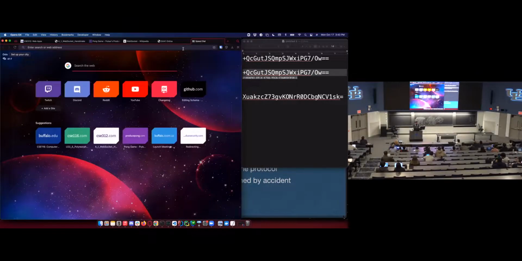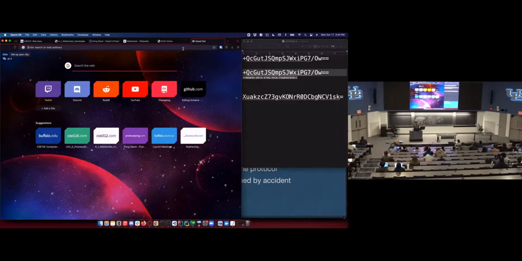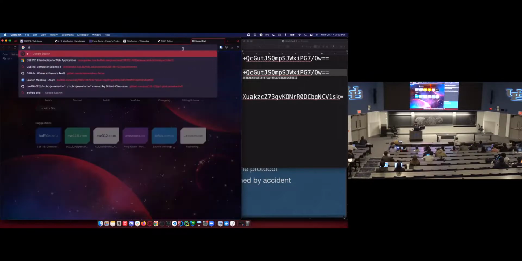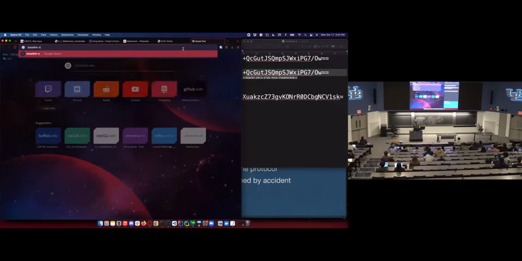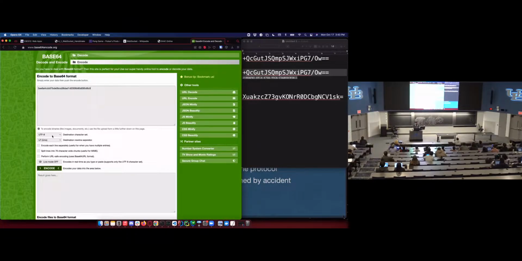Then I'm going to compute the MD5, not the MD5, Jesus, what am I doing? Base 64, thank you. Base 64 encoder. Destination. Oh, I feel like I'm messing up here.